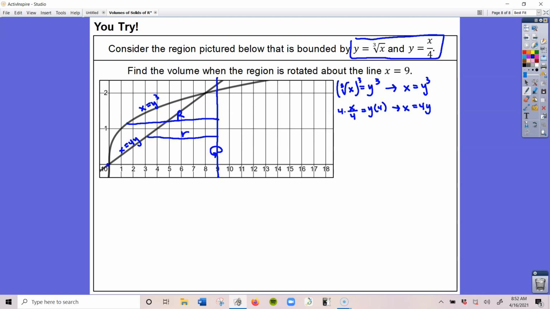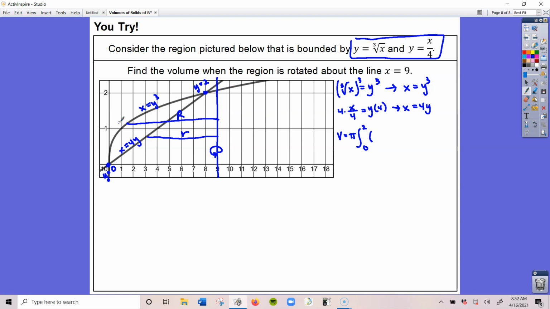Then our points of intersection, remember we need to use the y values. This is a y value of 0, and this is the y value of 2. So now we're ready to write the integral in order to find the volume. Volume is going to equal pi times the integral from our points of intersection, so 0 to 2,